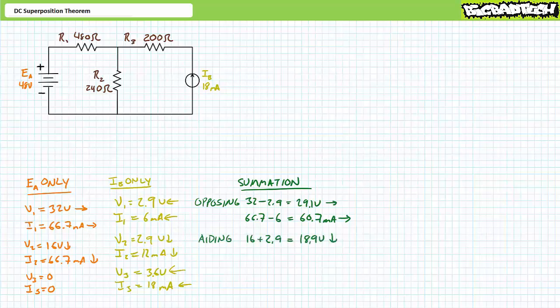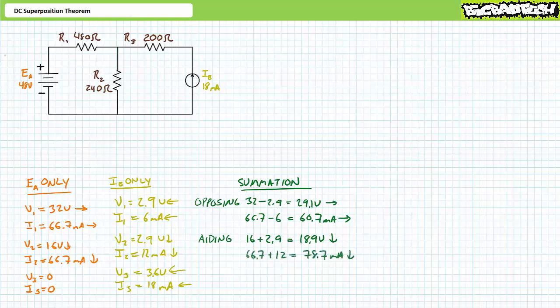Given the voltage source induces a 16 volt drop across R2, positive to negative, top to bottom, and the current source induces a 2.9 volt drop also across R2, positive to negative, top to bottom, it can be said that when these effects are superimposed upon one another, R2 ultimately experiences an 18.9 volt drop, positive to negative, top to bottom. The effects of both sources are aiding one another, and it makes sense that the final voltage drop will